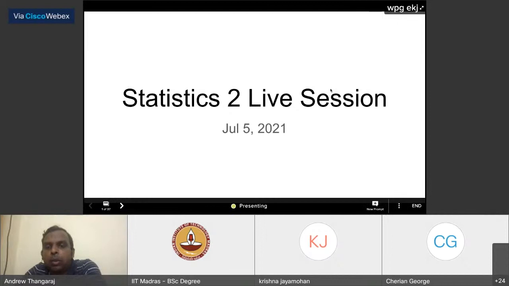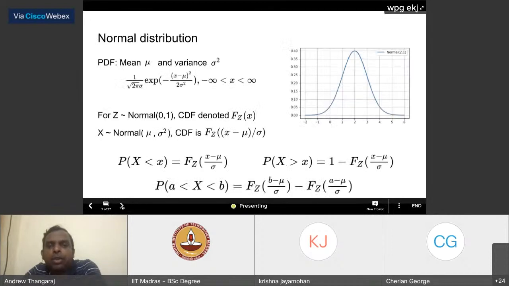Okay. So the first question, before we start, a quick recap of how to attack problems with normal distribution. There are 2 parameters in the normal distribution, mean mu and variance sigma square. There is this complex looking expression for the PDF, but a lot of people like this bell curve picture better. They would just look at this and know this is how a Gaussian would look. It's a little bit more tricky, how it falls is exponential, e power minus (x minus mu) squared, all that is important.